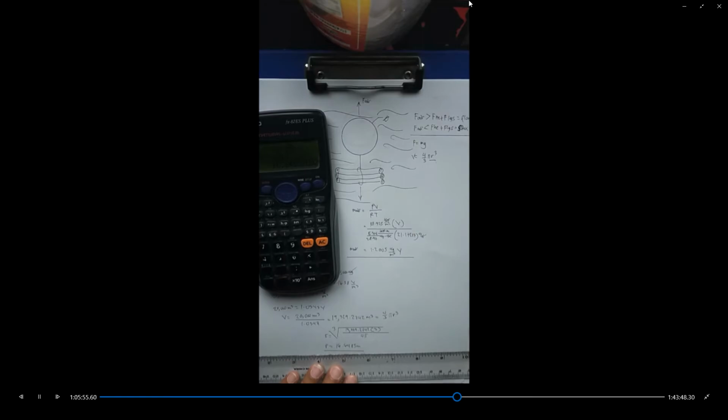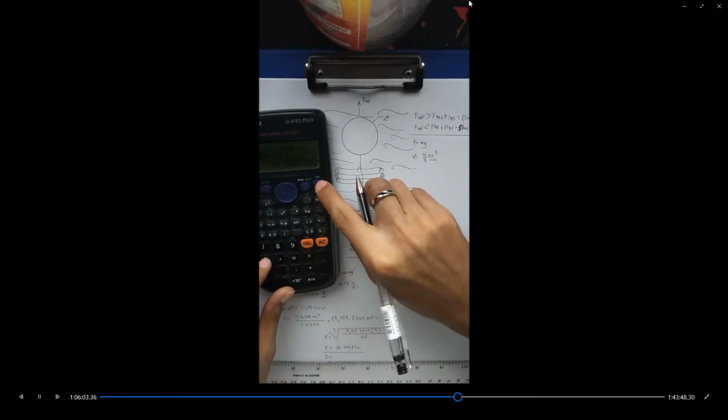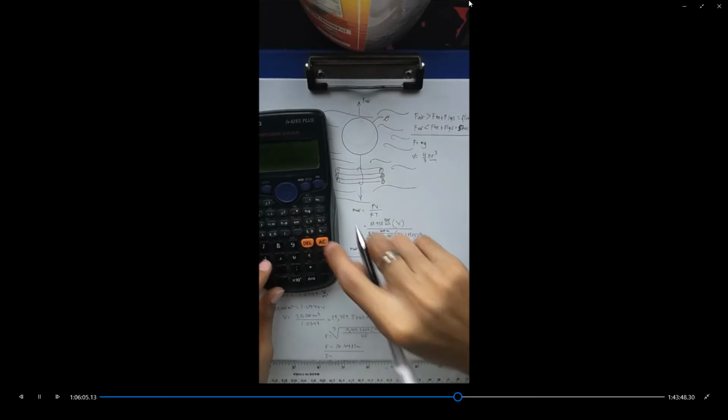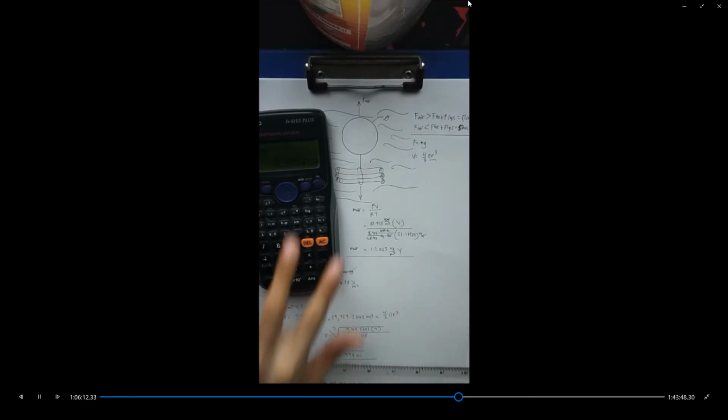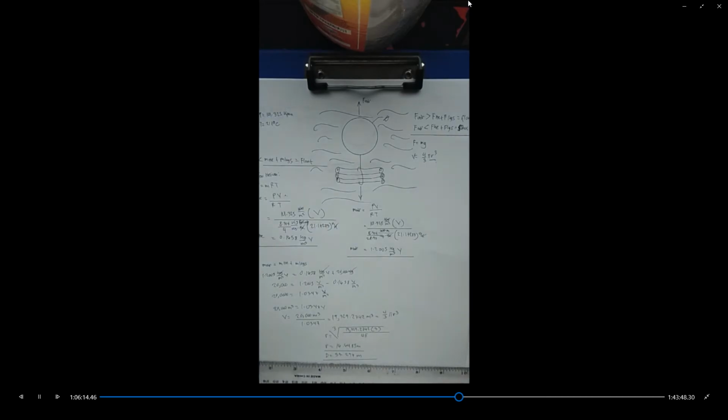And since the problem is asking for the diameter, that means we just need to multiply our radius by 2. Diameter will now become 16.6485 times 2. That would be 33.297 meters. And that's the minimum diameter in